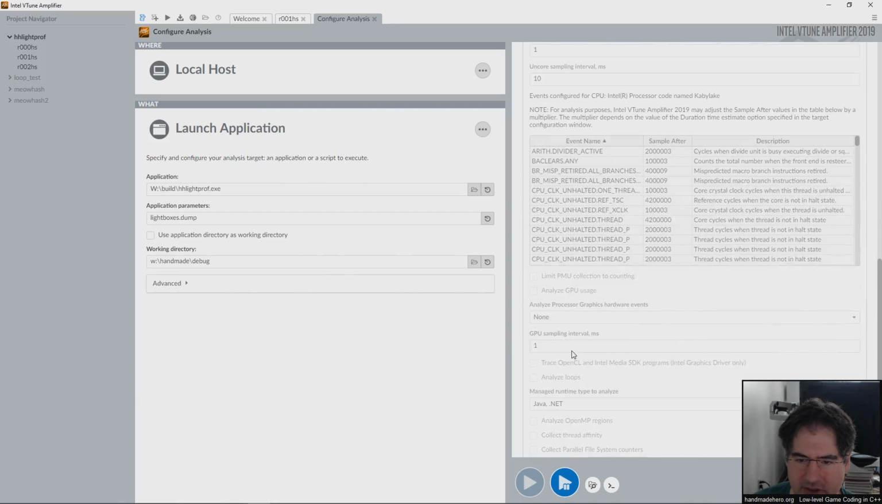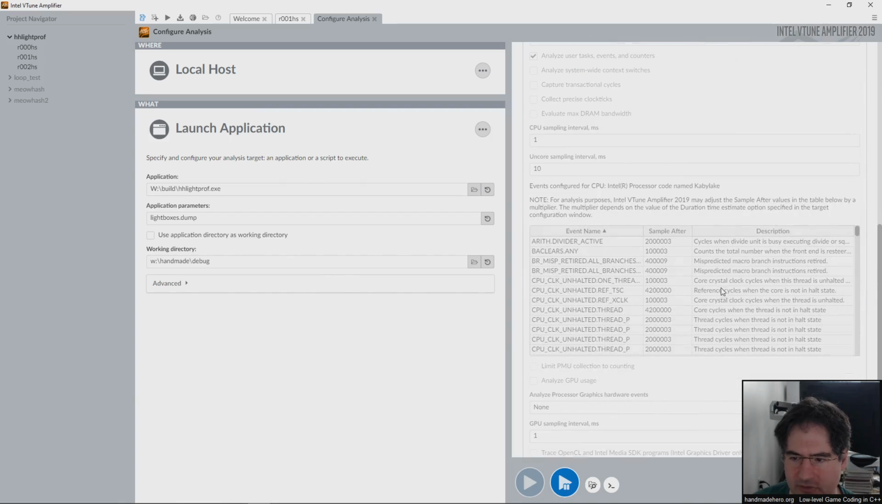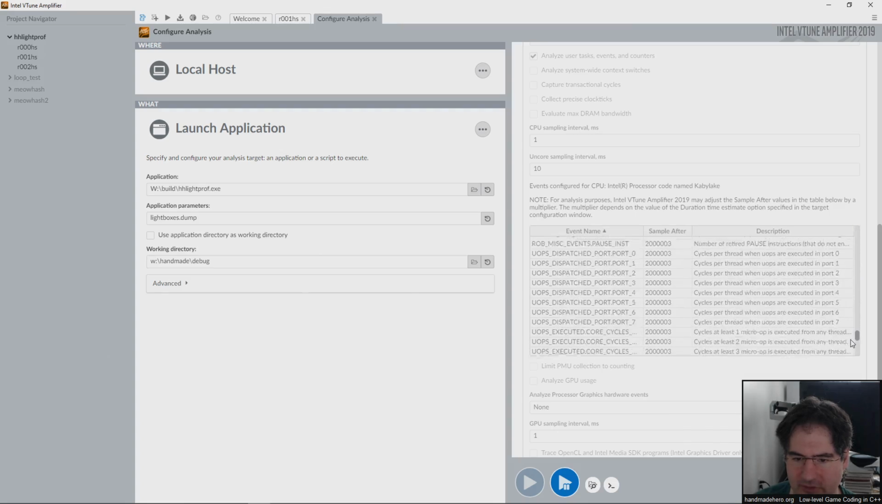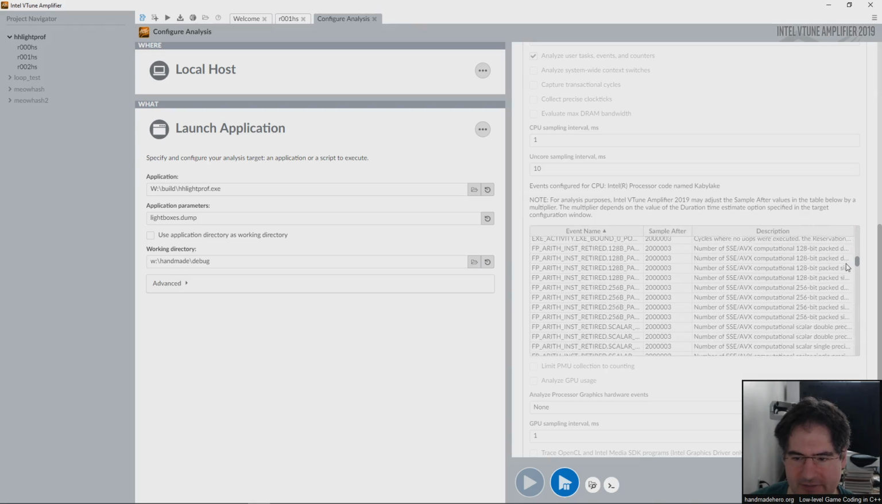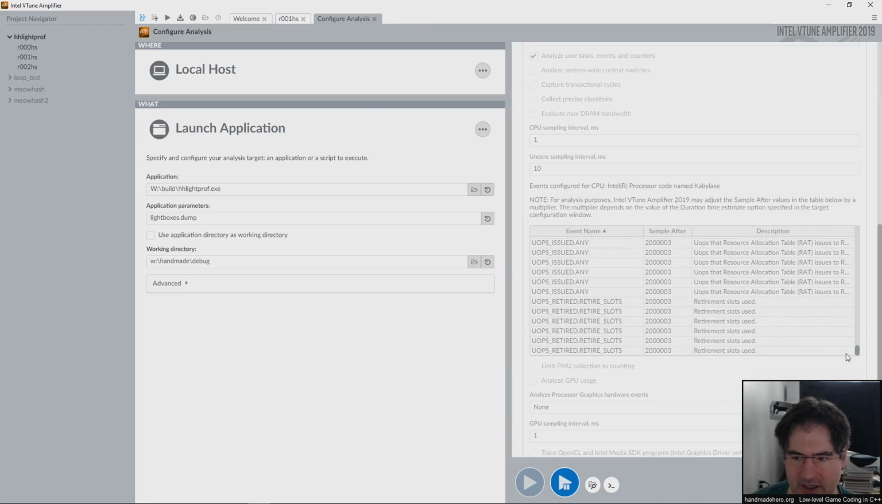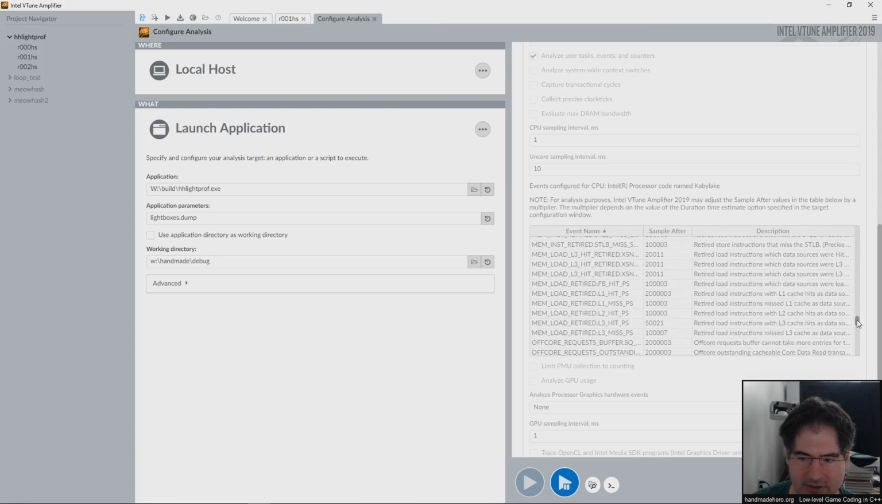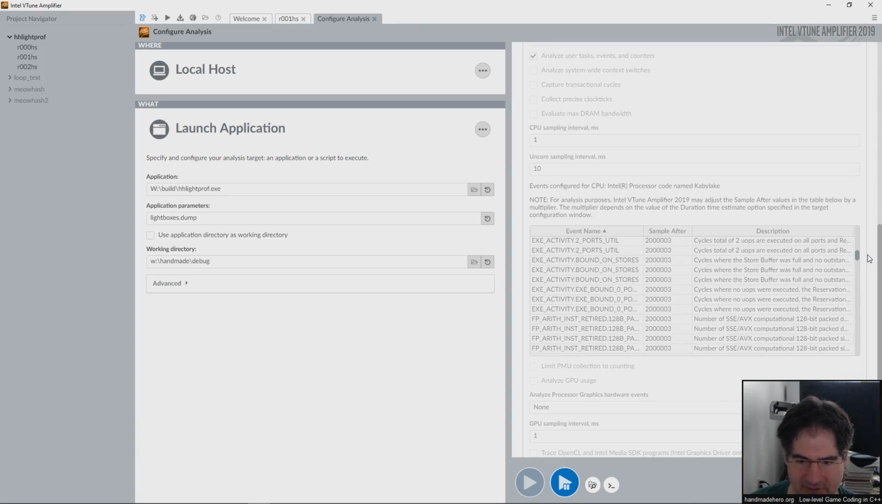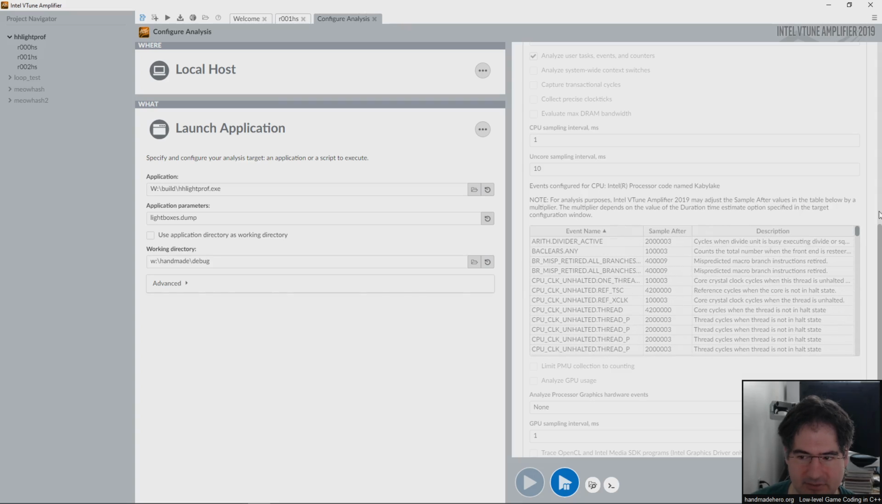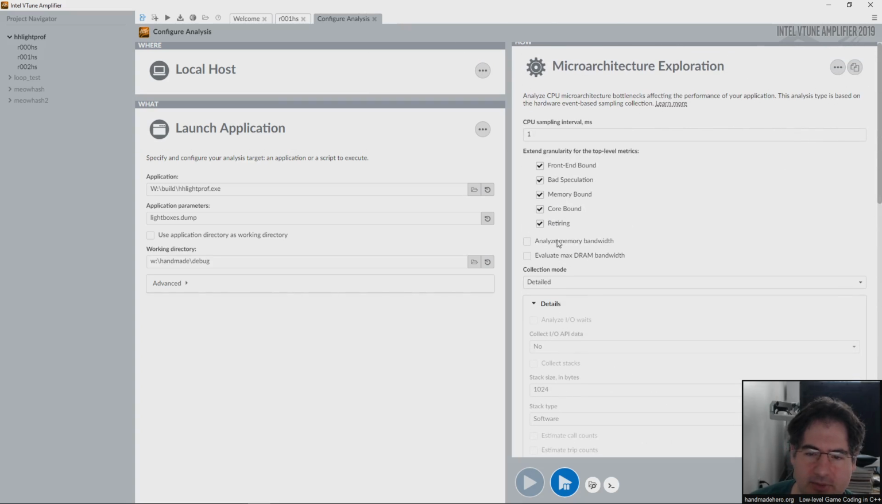So this is why, remember, I said there's a lot of them. This isn't even all of them. Here's an example of some of the things that can count. These are all on the chip. It can count these things. It's insane, right? So anyway, if we run a microarchitecture exploration,